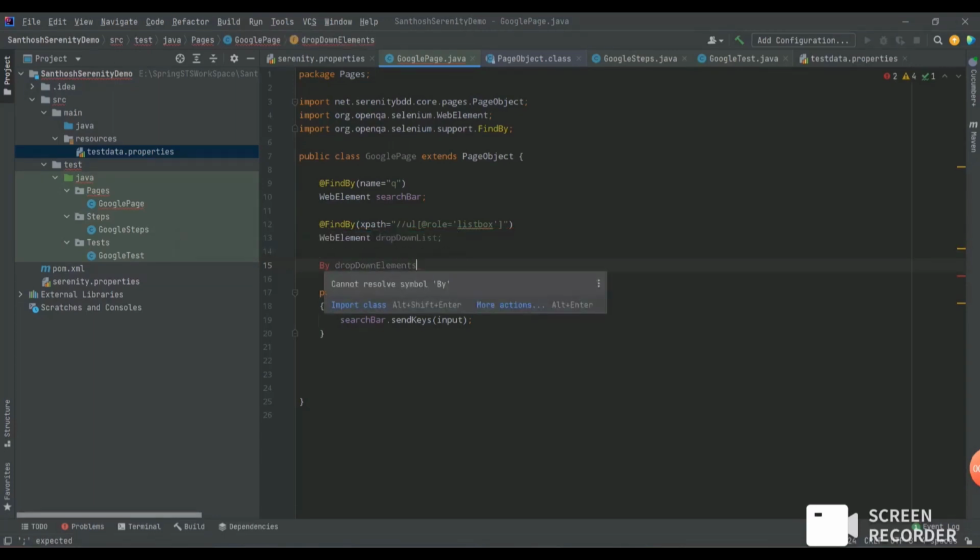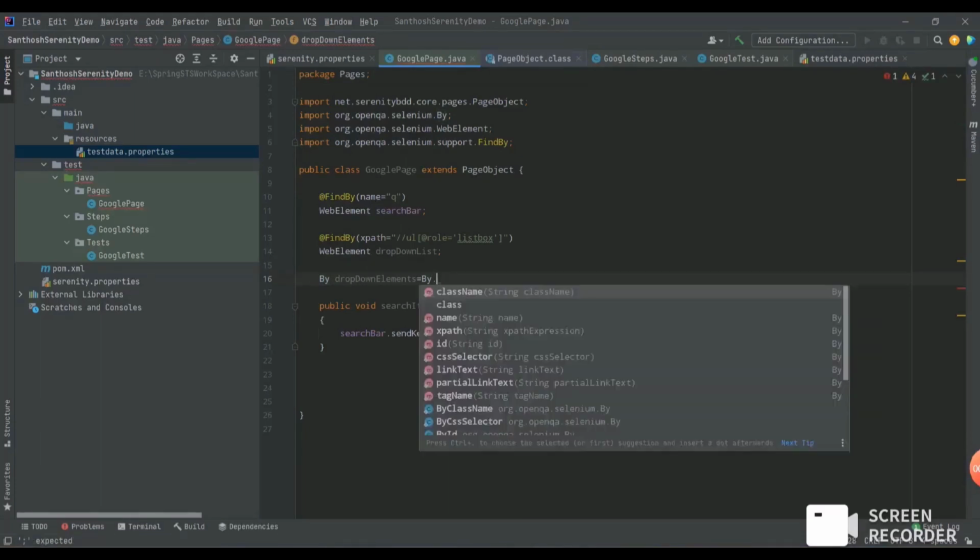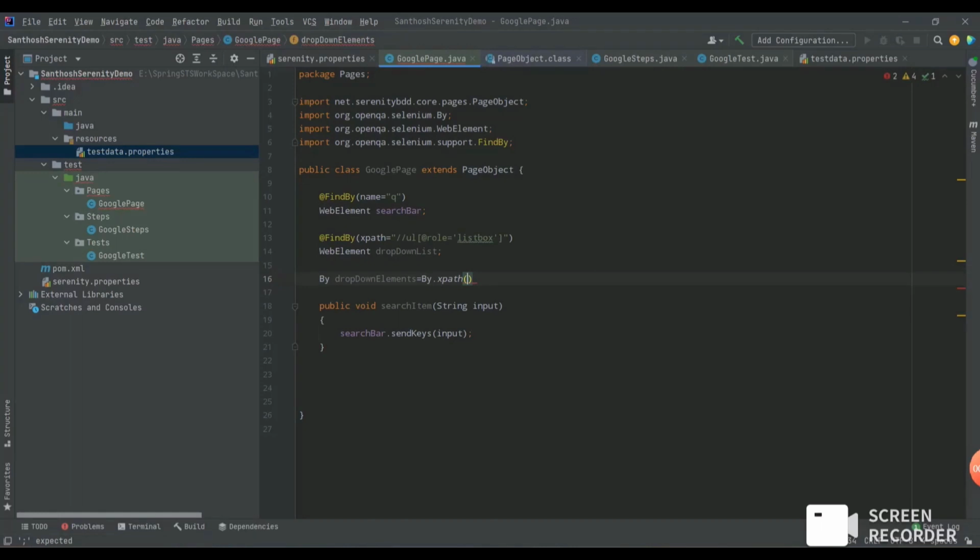So it is asking to import By, so let me import By from Selenium. Okay, so I'll add By dot. As we have multiple elements, I'm using By dot XPath. Okay, so in this XPath we need to add